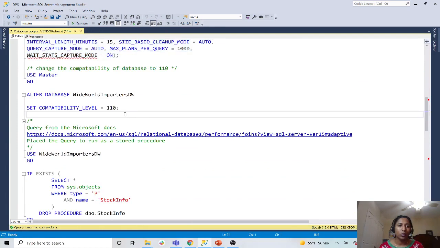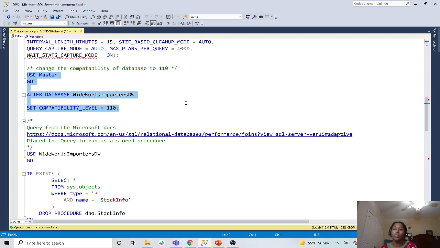And next, let me go ahead and place the database in our older compatibility mode. So this particular server is a 2016 server. Let's imagine we have upgraded a database into the 2016 mode, but we have to place the database in the same old compatibility mode from where we got, so that we can collect the data by using the query store in the newer environment. Let me go ahead and set the database level compatibility to 2012,